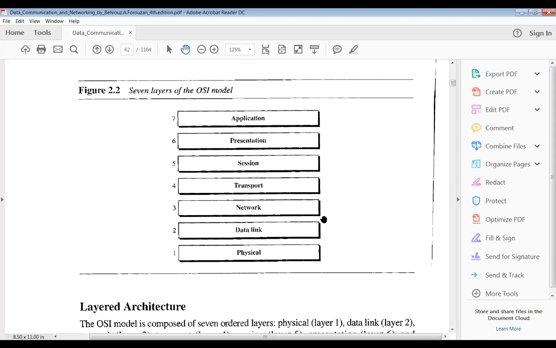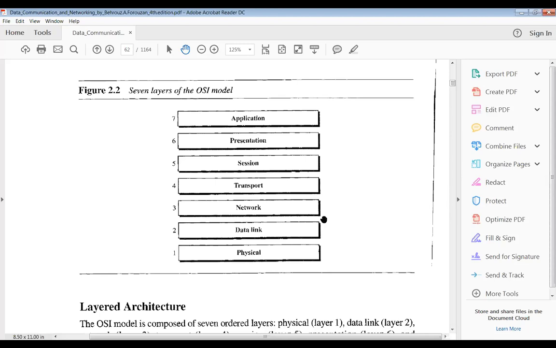In the data link layer, the main things are how the sender node and the receiver node control the flow of data packets, and we also check whether any errors are there in your data. That is the main responsibility of the data link layer. If any errors are there, it has to intimate the receiver that some errors are there in the sent data. Those responsibilities and functionalities are done by the data link layer.